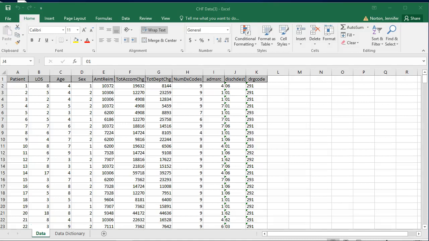Hello class, this week we are looking at Chapter 8 and Lab 8.1. For the lab this week, you are looking at the same data set as before, the congestive heart failure analysis, the CHF data set. So in our lab this week, the CFO at General Hospital